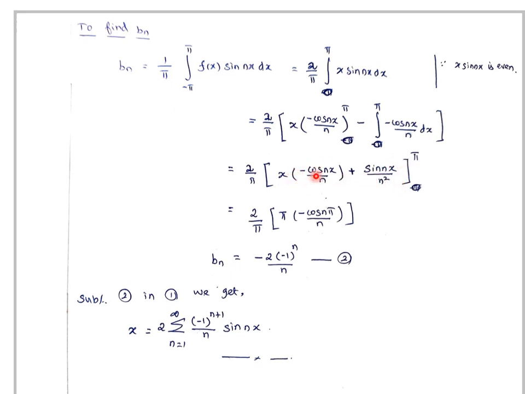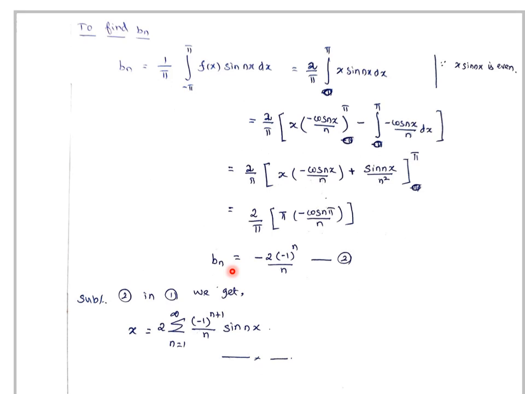Therefore, we have only the remaining part, this term. Now, bn equal to minus 2 into minus 1 whole to the power of n. You are taking this minus outside. We know that cos n pi equal to minus 1 whole to the power of n. Therefore, this is equal to minus 2 into minus 1 whole to the power of n divided by n. Therefore, substituting this value in the general Fourier series, we already have a naught equal to 0 and an equal